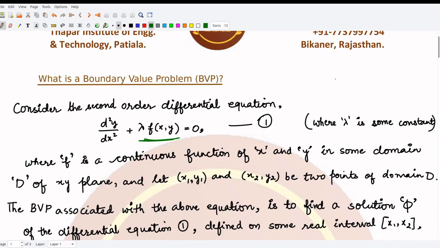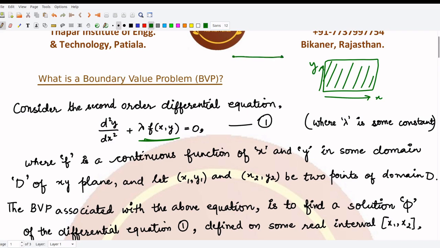And I am assuming 2 points. We are assuming that our domain is of such kind, this is our domain, such that we know 2 points in it. This is the 2D version I am talking about, x and y. Here we would require more conditions, but if I talk about the linear case, that means the one dimensional case, there we have these 2 points. This is your first boundary, this is your second boundary. Here also you have this as your first boundary, this as your second boundary.